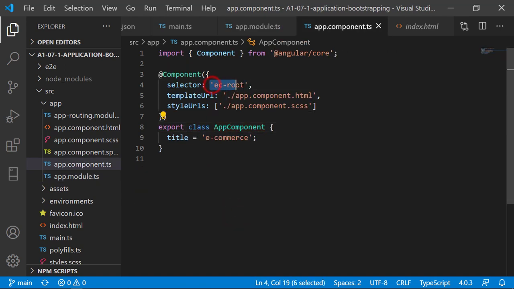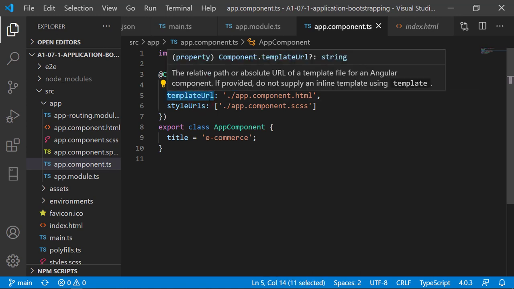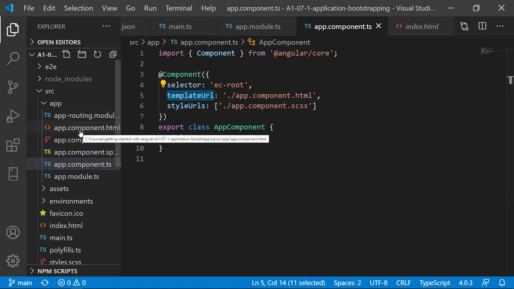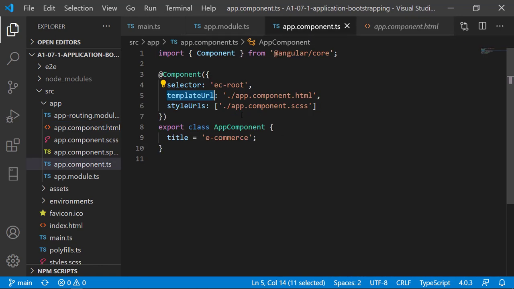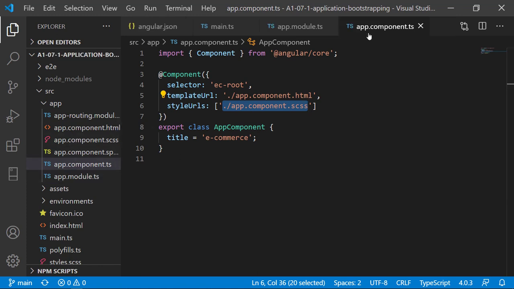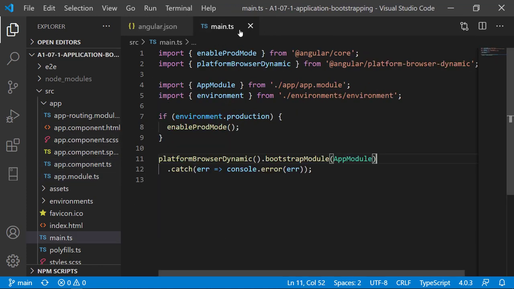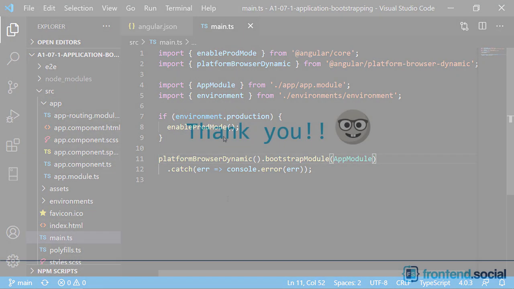It is ec-root tag. That means whenever ec-root tag appears on the HTML, it will render a template from templateUrl of component, which is app.component.html. So you can see that the complete HTML is written here. And what else? The CSS is taken from app.component.scss. So that is how the complete Angular bootstrapping process works.